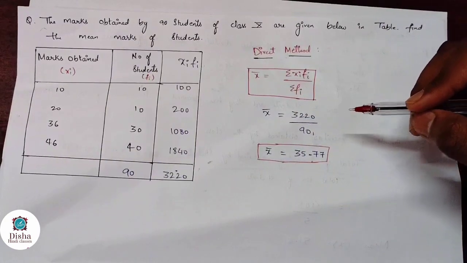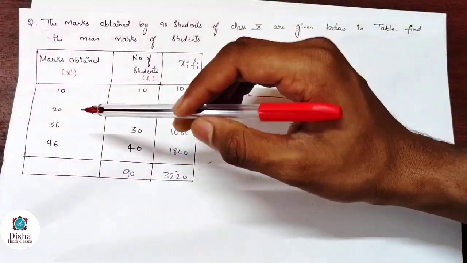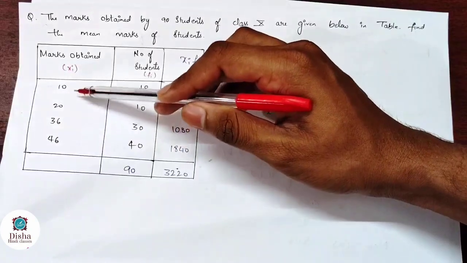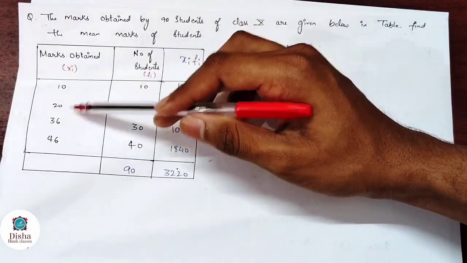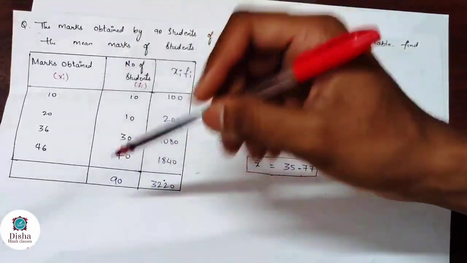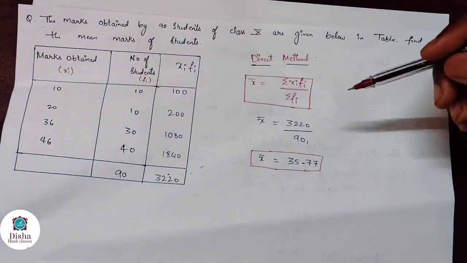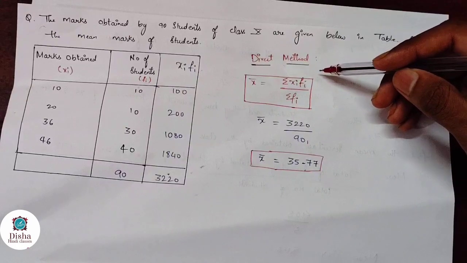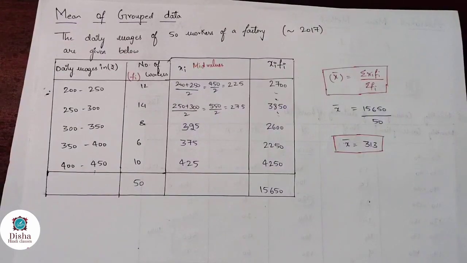This direct method should be used when we have ungrouped frequencies. There is no group here, they are only single values, 10, 20, 36 and 46. There is no distribution between them, they are directly given. Then we can use the direct method. Okay,